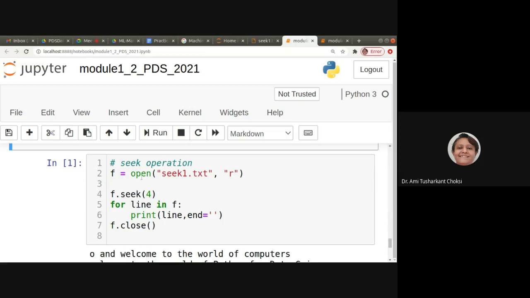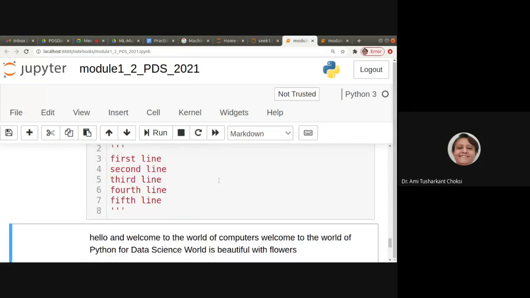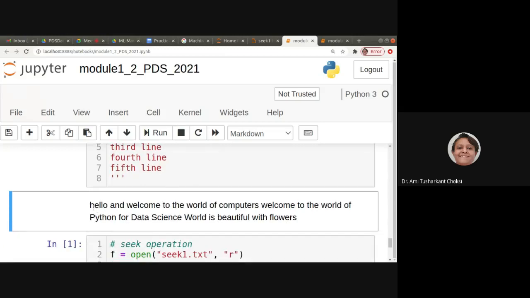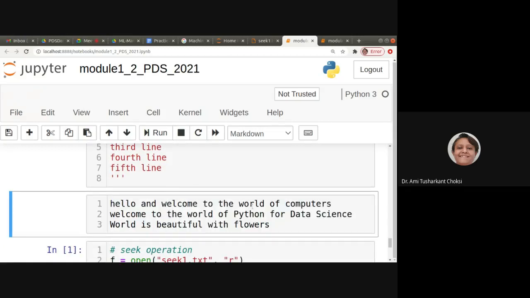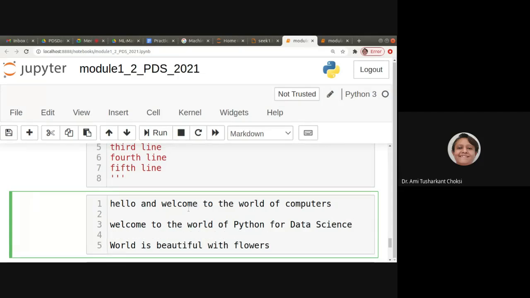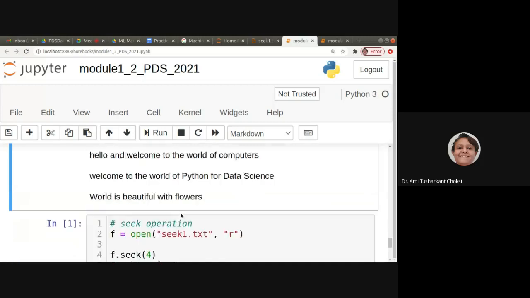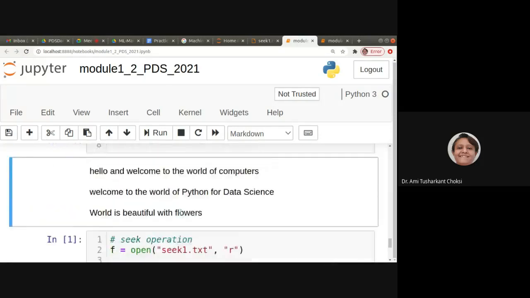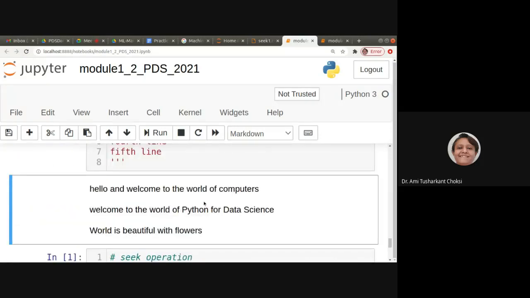Now f is equal to open sequence.txt. Okay. So what are the contents of the file? Can you see that? No, we cannot. This is what you can see. Let me put it this way. Oh, no. Full point is not there. By mistake, I have added. Let me put this. Got it this way? Something like this are the contents of the file, right?